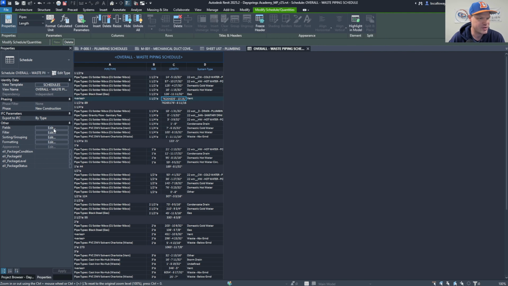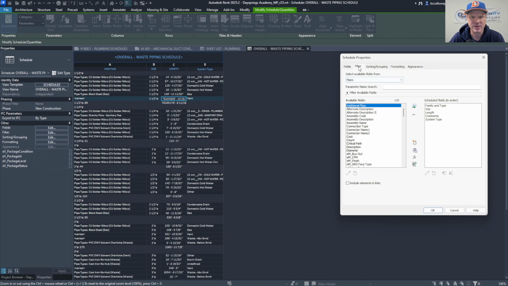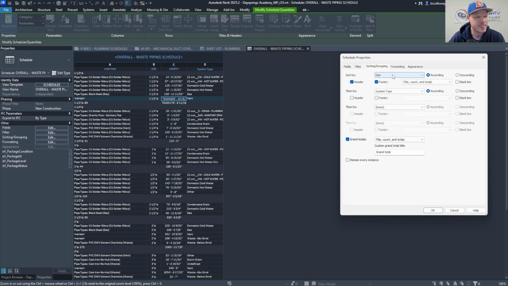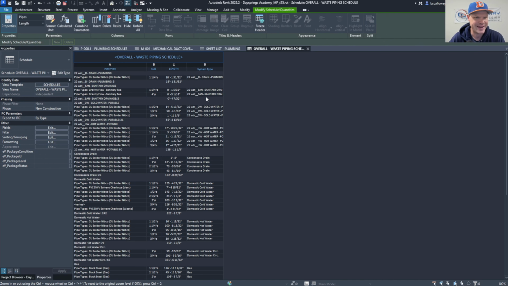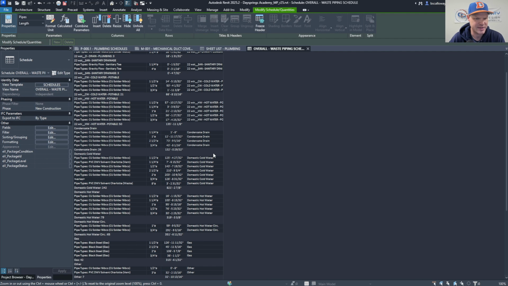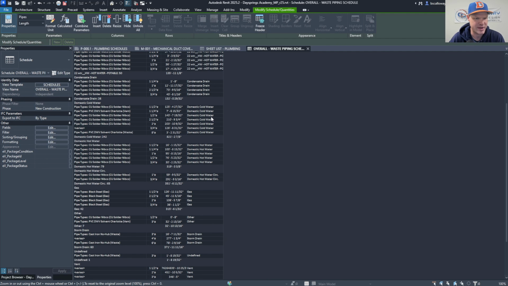And usually what I'm going to do is you want to make sure you sort it. So sorting and grouping, I'm going to do by size, and then system type. Actually, I'm going to do system type first, and then I'm going to do size after that. That way now you can see that all my different systems are grouped together. Now all my domestic water is all right here together, and you've got 821 feet of